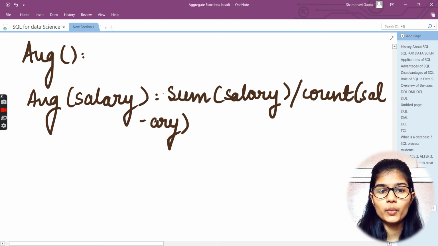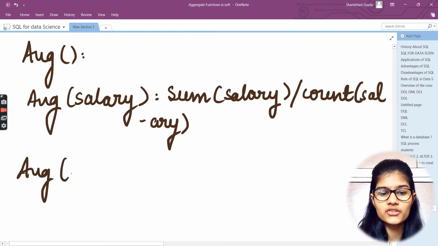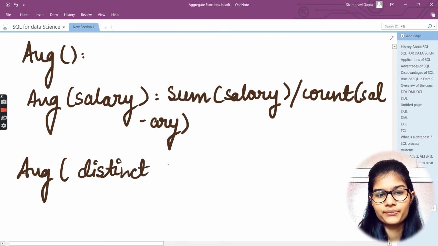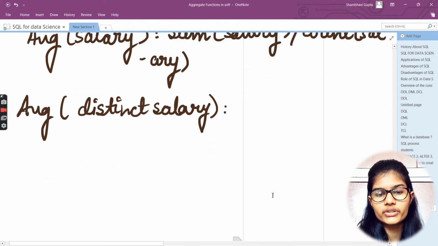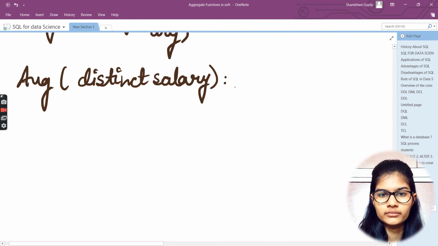Now see here, we are using two aggregate functions to find a new aggregate value, right? Two aggregate values are used to find a new aggregate value. So this is how these things work. Let's say I take another example. I just wrote average, and now here I want to find a distinct salary. So distinct salary, in that case as well, everything goes the same, but only one difference is here.